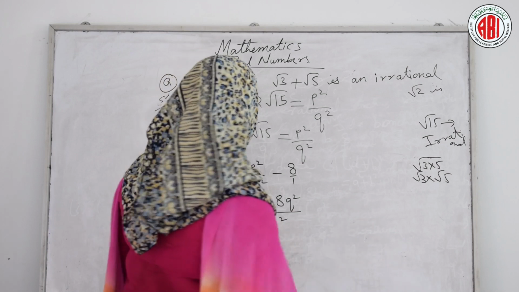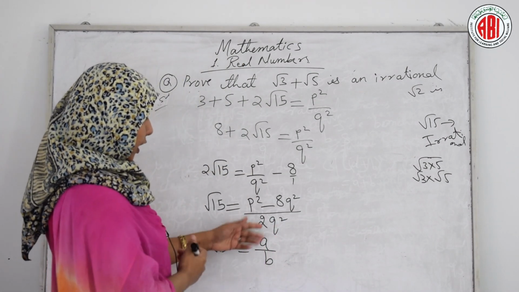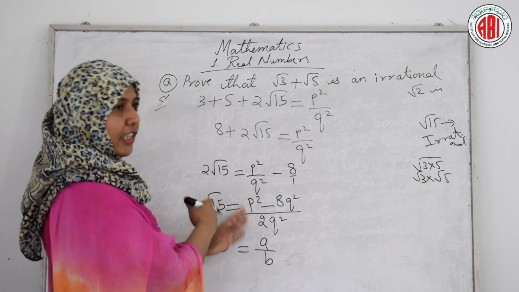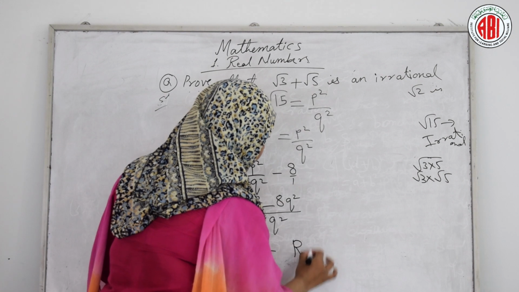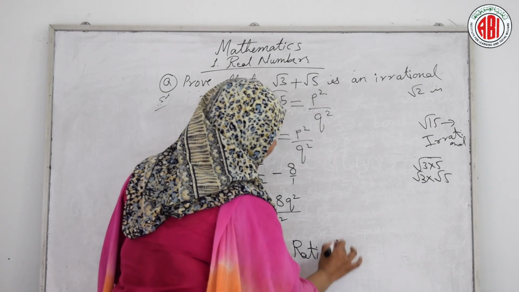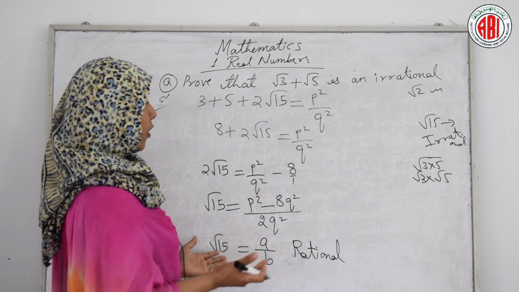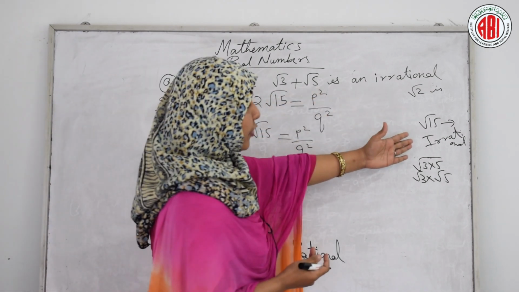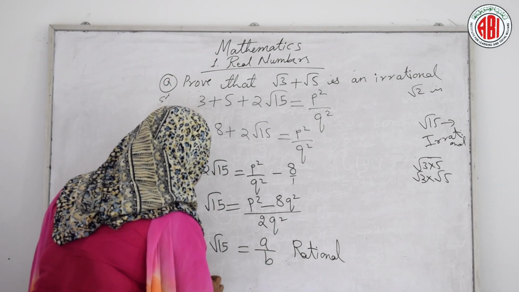That is the fact. But what we are getting here? We are getting root 15 is equal to a by b. We are getting rational. Now root 15 shows us that it is rational. But is it true? This is not true, because root 15 is actually an irrational number. So this contradicts the fact